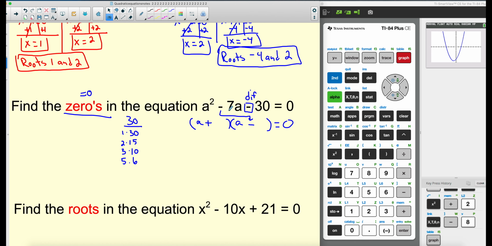Now we're looking for a 7 when you subtract. Well, that's 3 and 10 right here. Boom. 3 goes first, 10 goes second. Normally you're finished, but guys, you know,